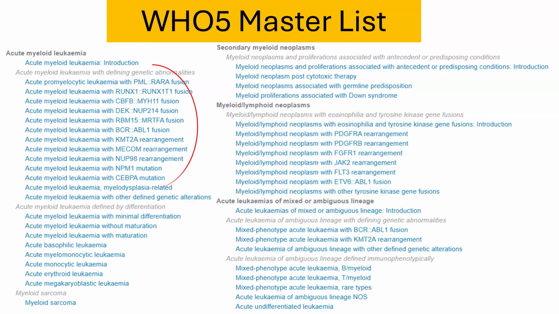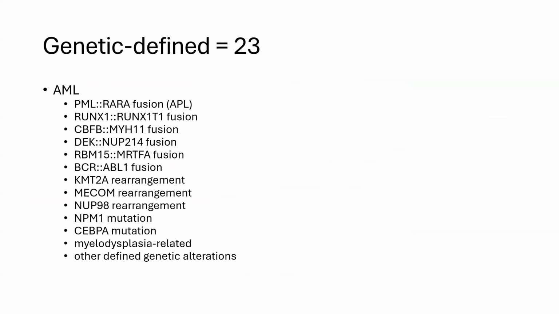You may notice that there are many that show the word fusion or rearrangement, such as there, and there. If we combine all these together, we can create a category of genetically defined acute myeloid leukemias. These include the acute myeloid leukemias proper, which include AML with PML-RAR fusion, or APL, acute myeloid leukemia with RUNX1,